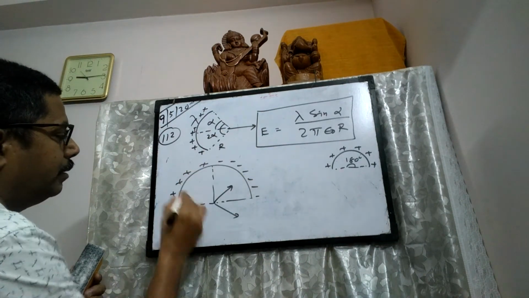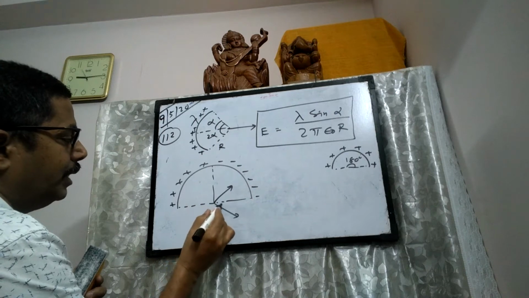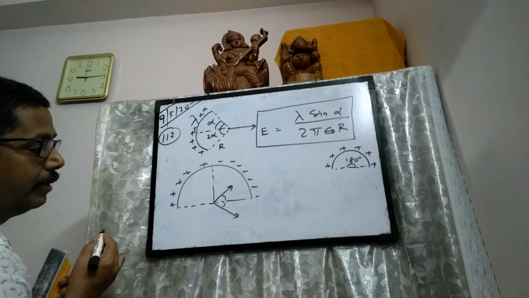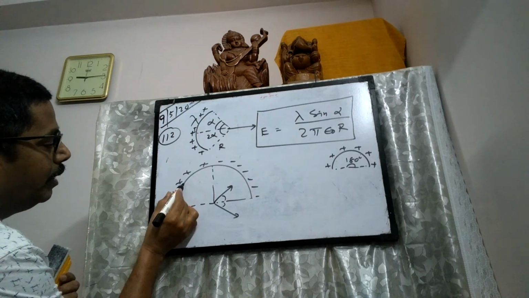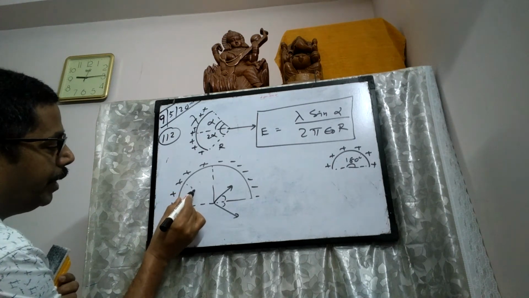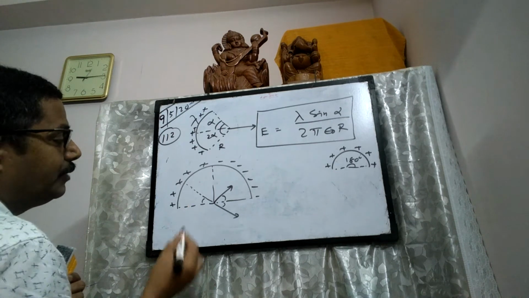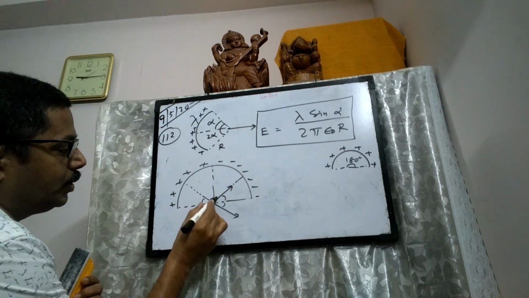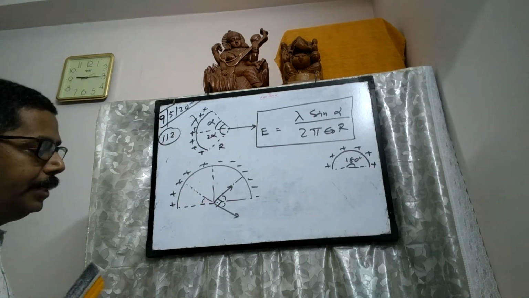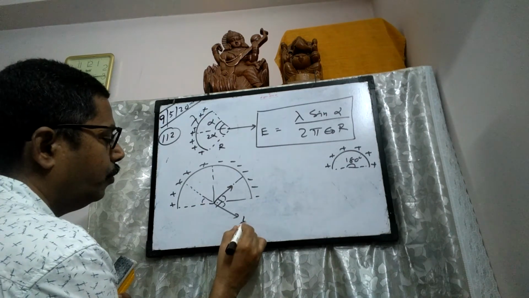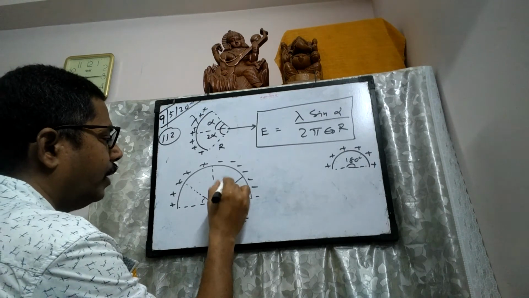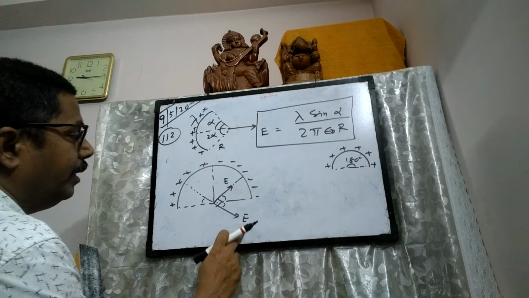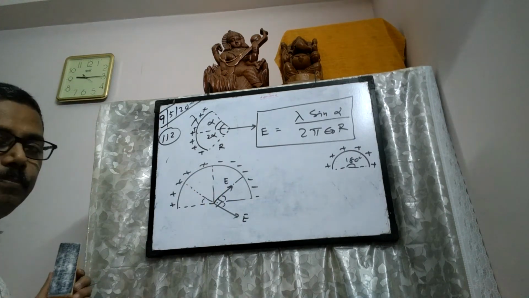And because each one is 90 degrees, this angle will be 45 and this angle also 45. Okay, because if you take the line of symmetry here, right, this angle is 45. Similarly, this angle is also 45. That means this total angle will be 90 degrees, right? Now the field values we will calculate later. Okay, now you observe here there is one field E and here is one field E.